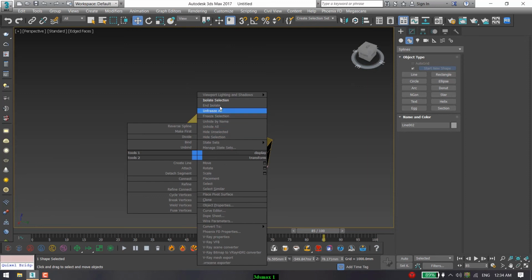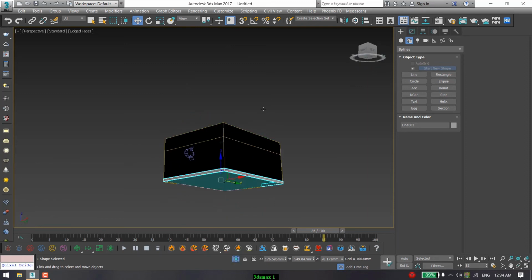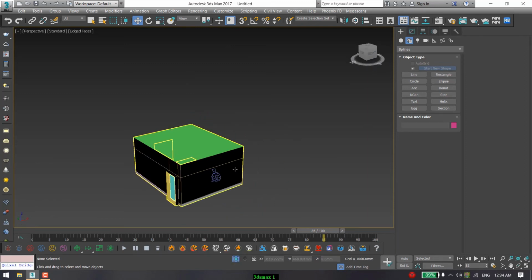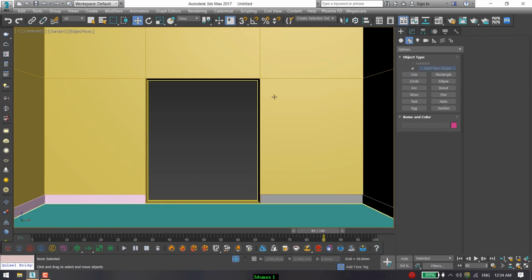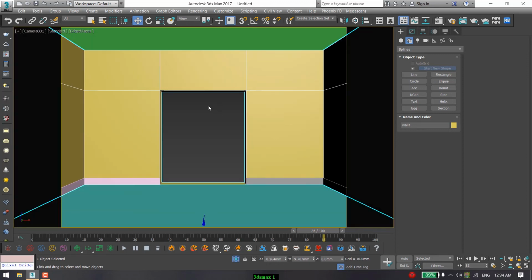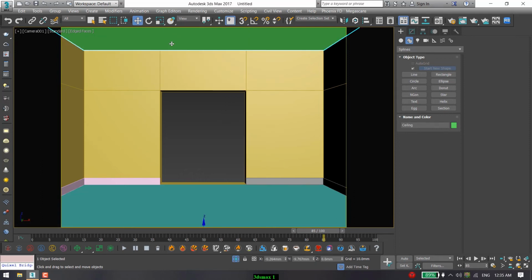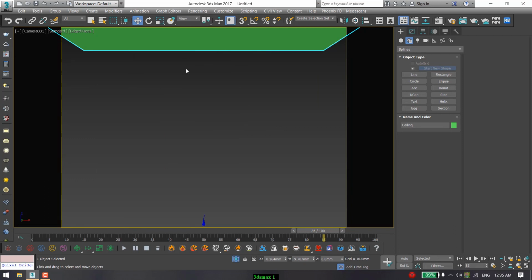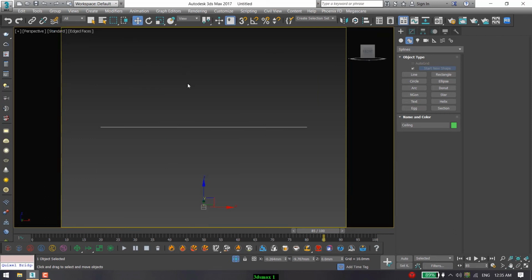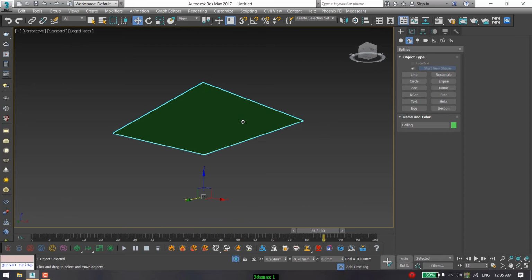If I right click here and unhide all, skirting is fine. Press C for camera. So we have just a basic wall, one window for light, and one skirting and one flooring. If I press Shift F, our ceiling is empty, it's nothing interesting. So select this ceiling and right click and isolate selection. Press P, press Z, P for perspective, Z for zoom.